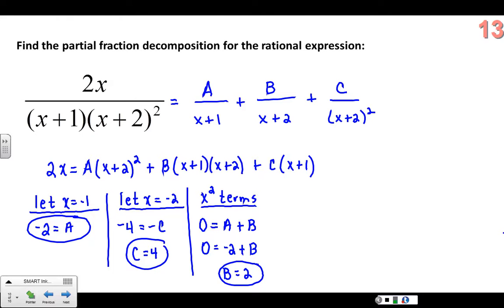So there's your partial fraction decomposition. So if we went back now and placed our values, this would be negative 2 over x plus 1 plus 2 over x plus 2 plus